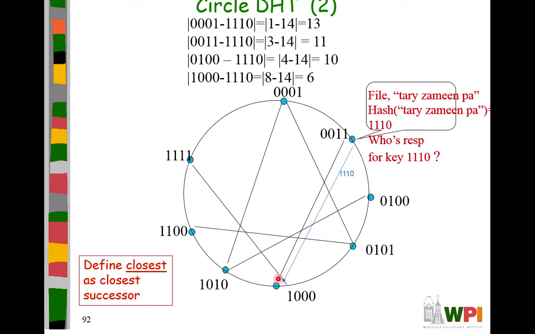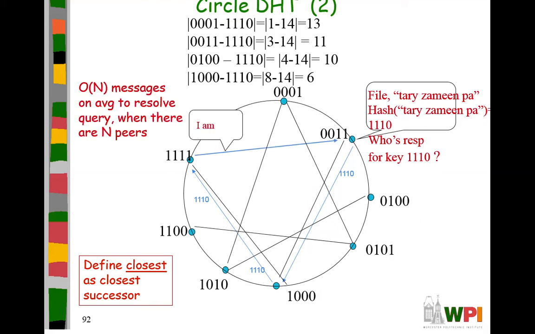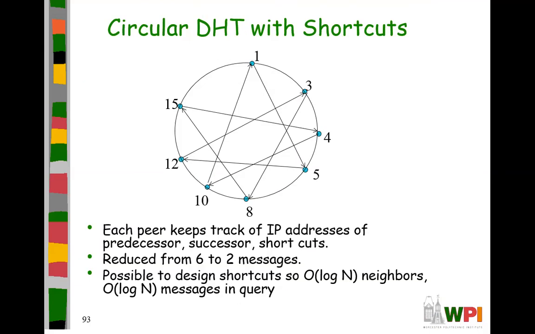Similarly, when this node receives the file, it will compare the key 1110 with itself, with its predecessor, with its successor, and with its 2 hops away node. Again it will forward it to the 2 hops away node. So you can see that this file is moved in 2 steps, so it takes less time. This is the advantage of maintaining extra neighbors, and these extra neighbors are called